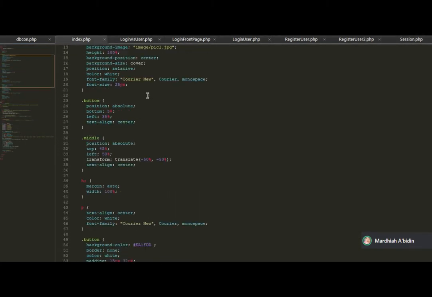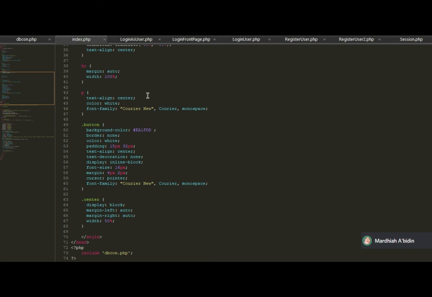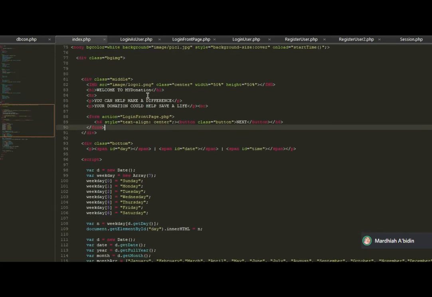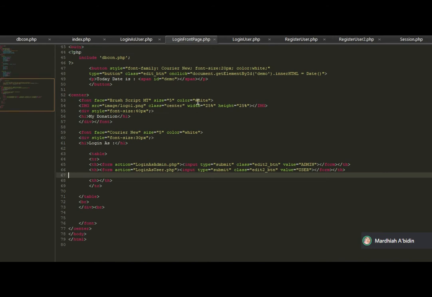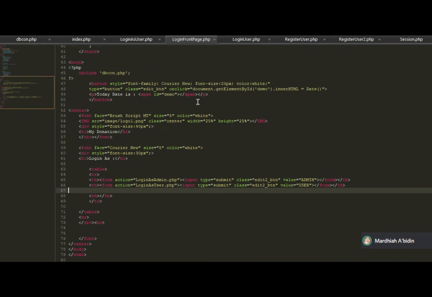Okay, next is index.php. Okay, this is the coding for the first interface of our website, My Donation. Okay, you can see this. So, at this coding, we will use a form action to go to the next page. So, we will go to login_form_page.php. Okay, login form page PHP. This is the coding